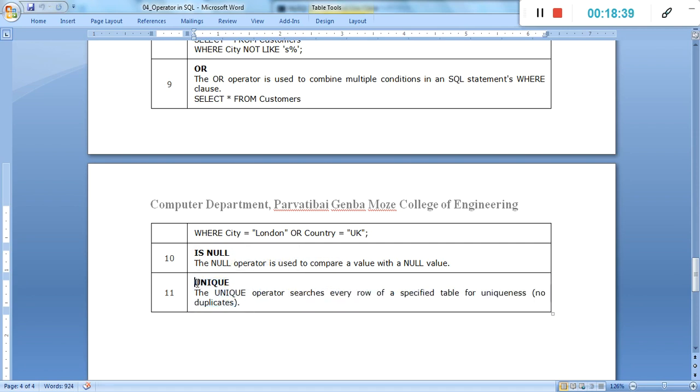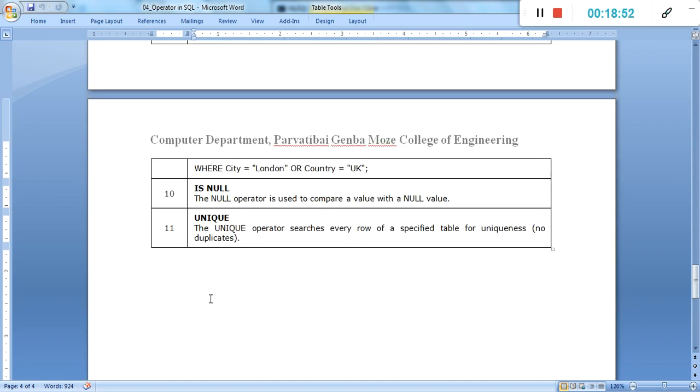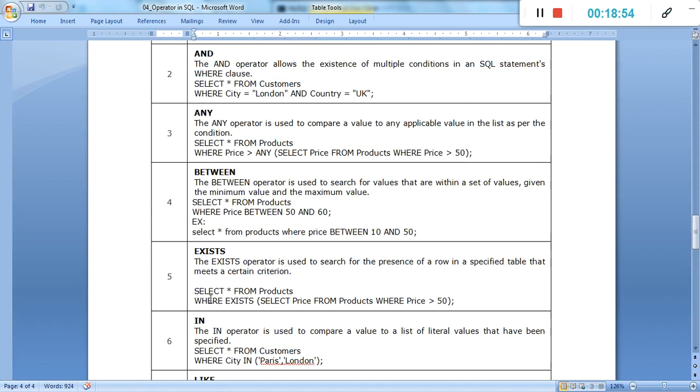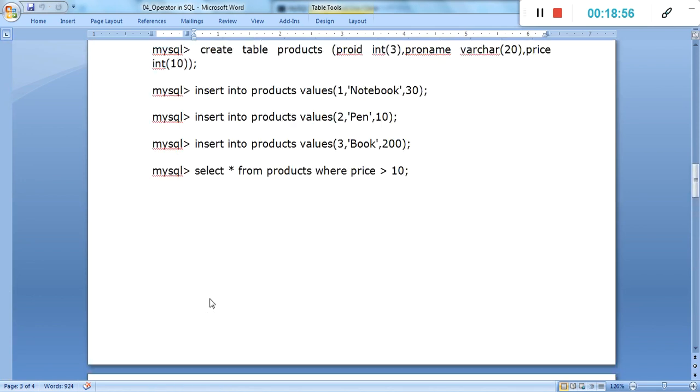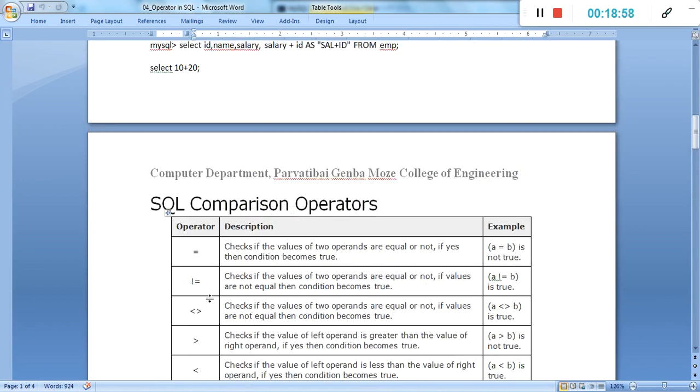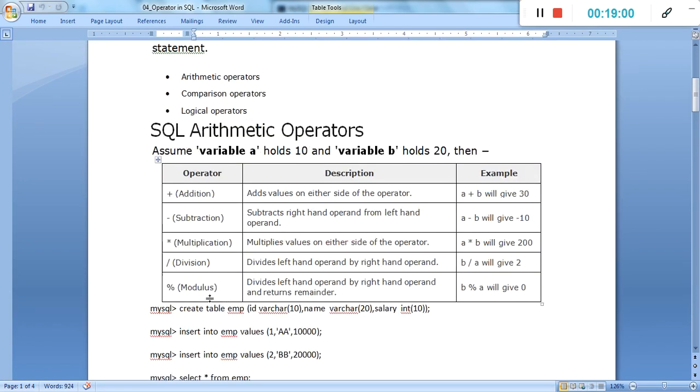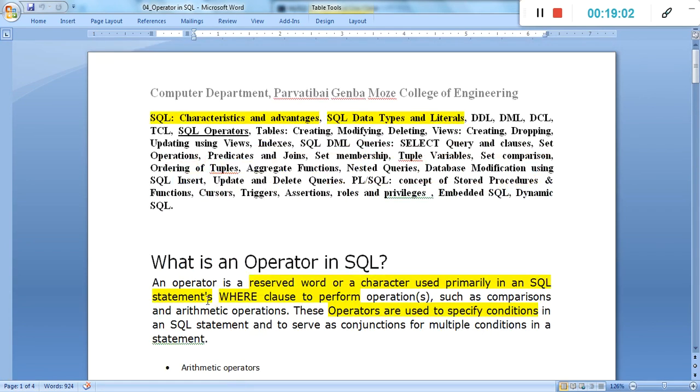That is exactly the use of unique. If the data table contains lakhs of records, then we use unique and it gives an efficient output, the exact records from the table. This is simply the explanation of the SQL logical operators, along with comparison operators and arithmetic operators. Thank you.